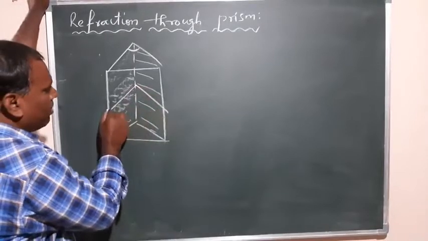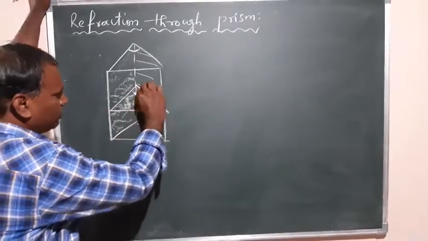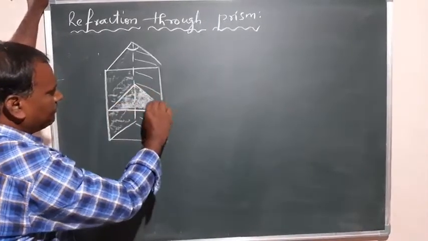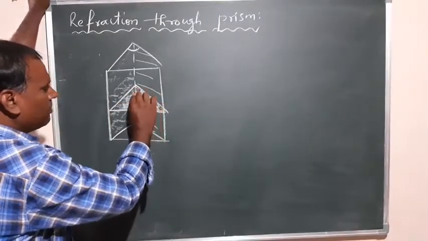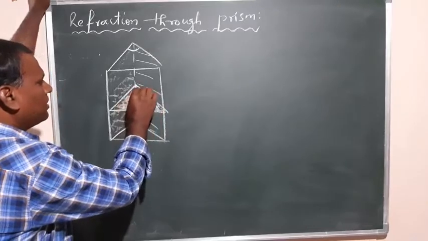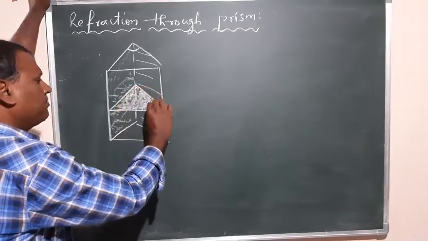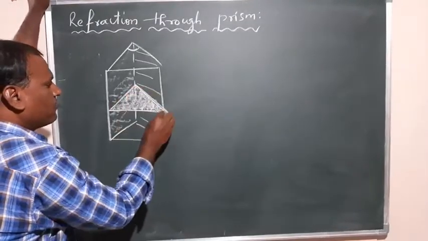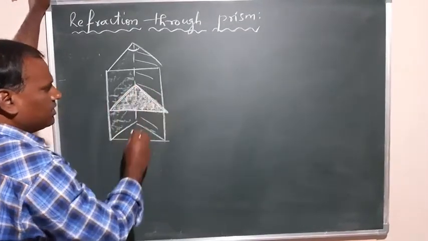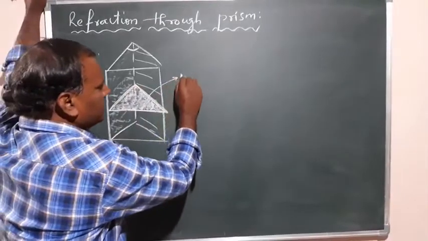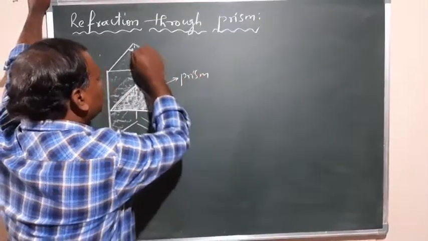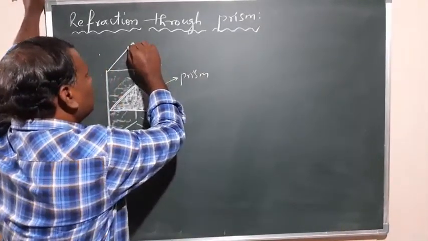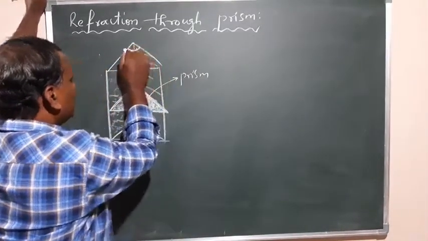If you cut it off like this, and remove this part from the glass material, it will form an equilateral triangle, or maybe a right angle isosceles triangle, based on the applications. So this part is called a prism, and this angle is the refracting angle or apex. This point is the apex where you observe the angle between the two refracting surfaces.